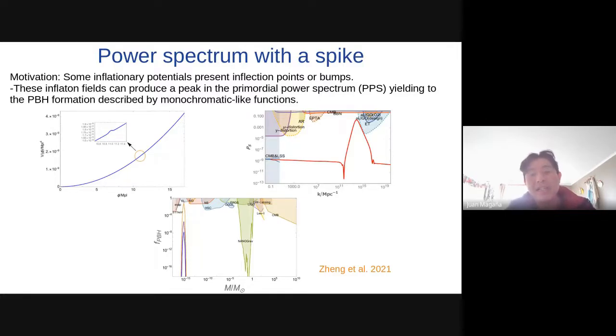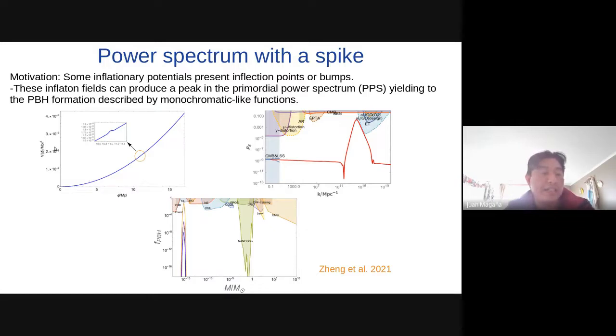Well, in the theory of inflation, there are many inflationary potentials which present, for example, bumps or spikes. For example, there is an example presented by Shane and colleagues.